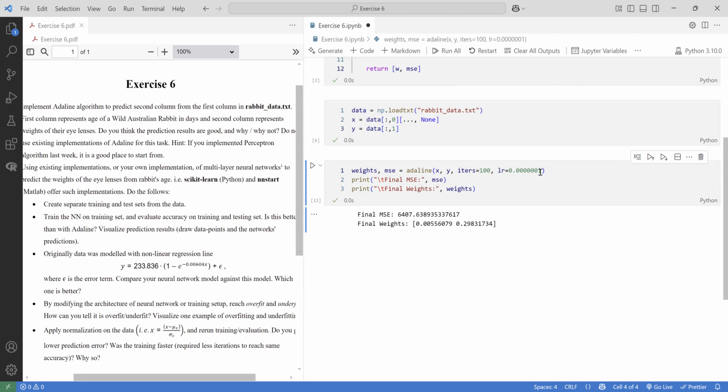But anyway, the result we're seeing here, we can see the mean square error. We have a very, very high MSE value. The mean square error value is around 6,400. And this is a very high value, which suggests the model's predictions are not very close to the actual rabbit weights. And the weight for the age feature,